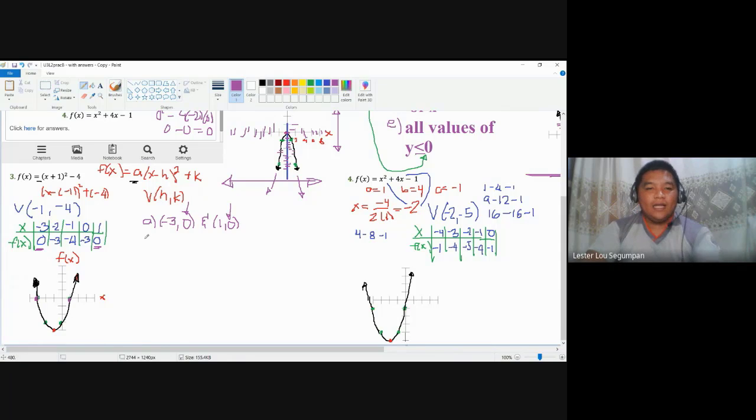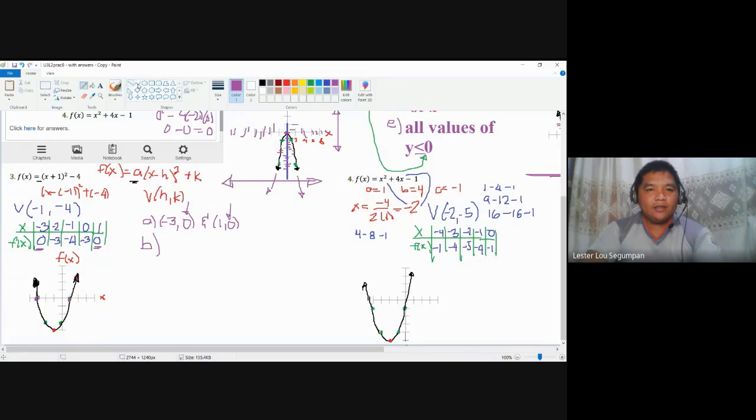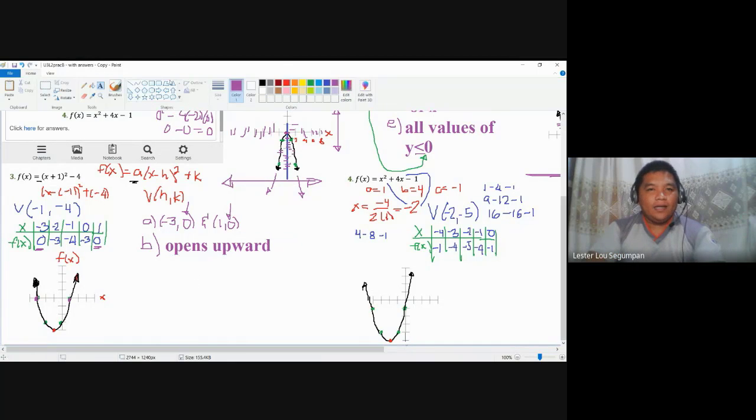Letter B, okay? The parabola opens upward. That's very obvious. Opens upward, still upward. Sorry for that. Letter C